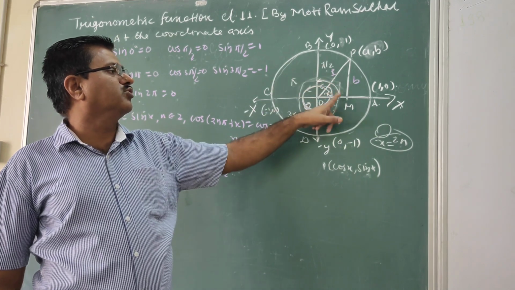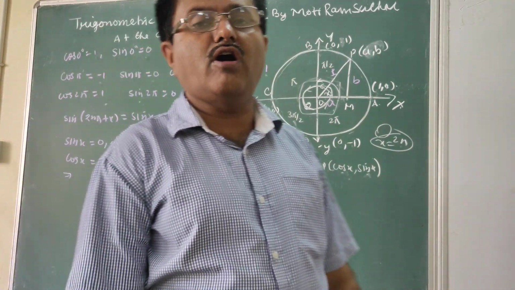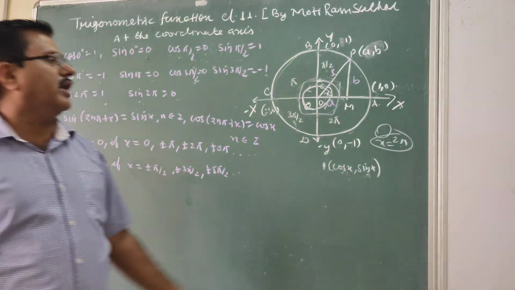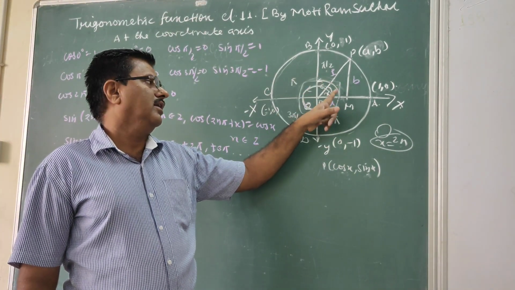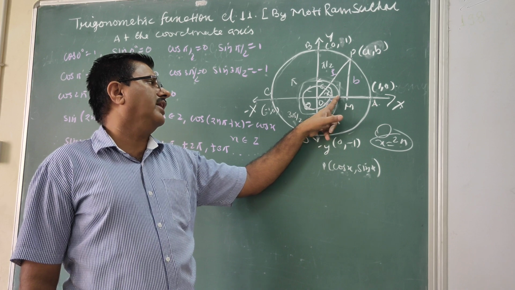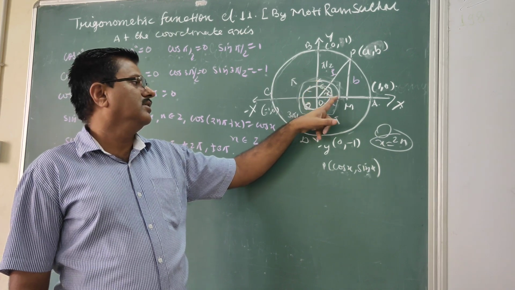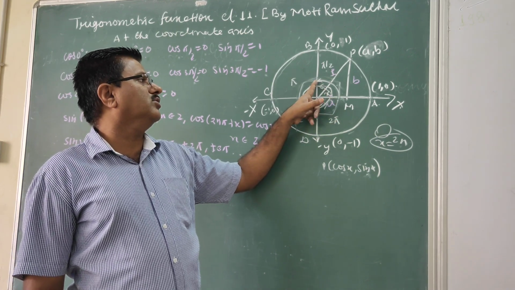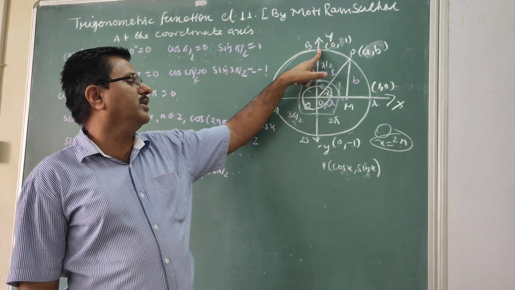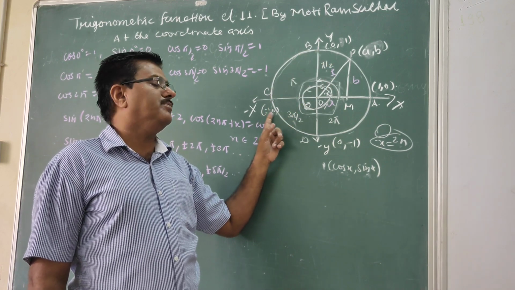What will be the angle? After one round the angle is 2 pi, so at B it is 2 pi plus pi by 2. Now if the second round is started, after completing one round, the point moves again to cover the next angle, so the values will remain the same as in the first round. Whatever the value at B in the previous case, we take the same here. And if we get to C, it has the same coordinates as the point C.